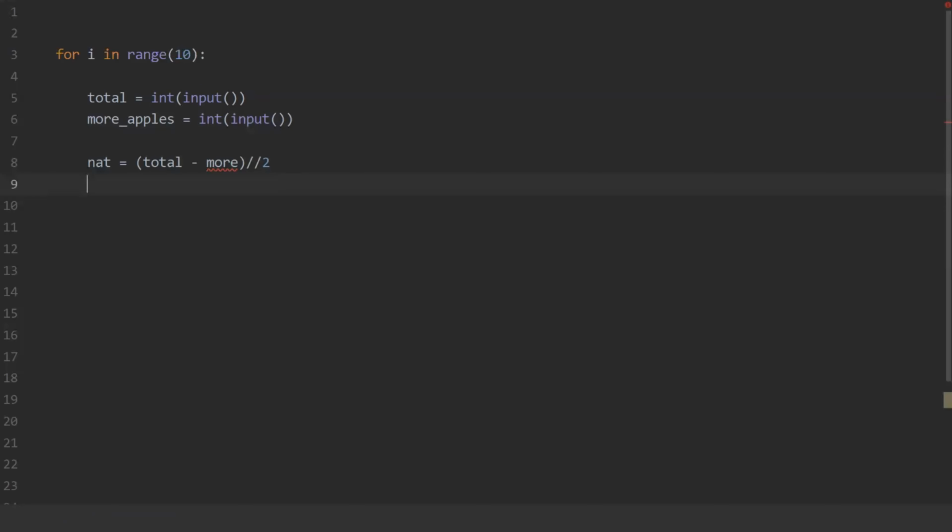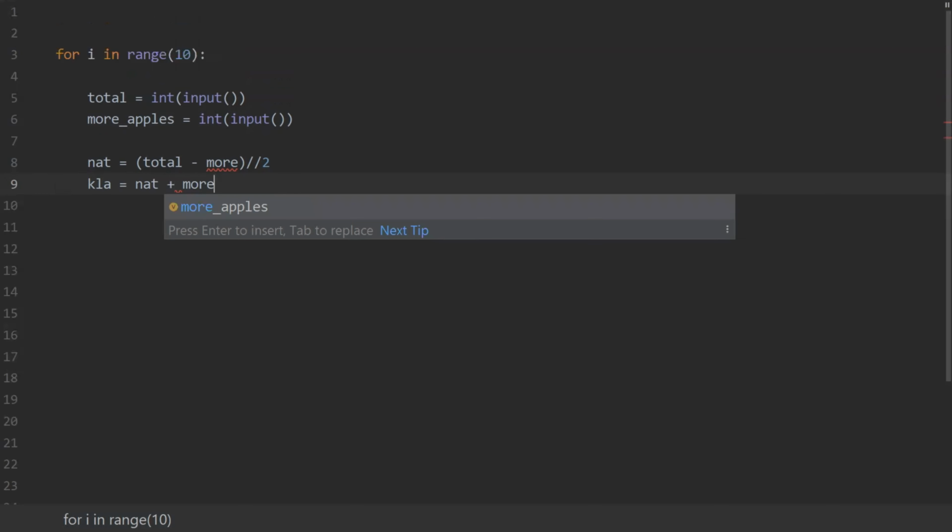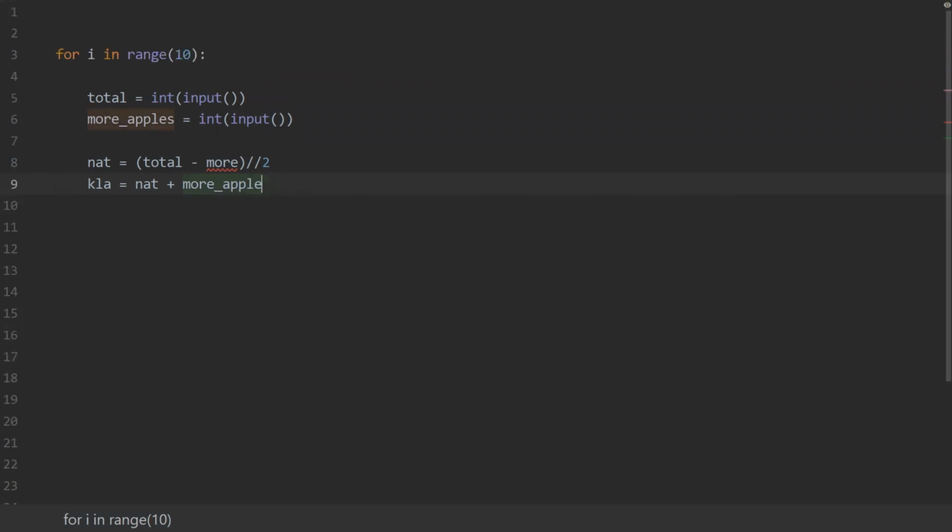And once we have the number of apples that Natalia has, we'll be able to get what Claudia has. So Claudia equals Nat plus more_apples. Sorry.